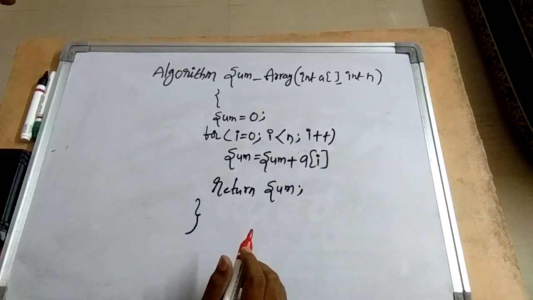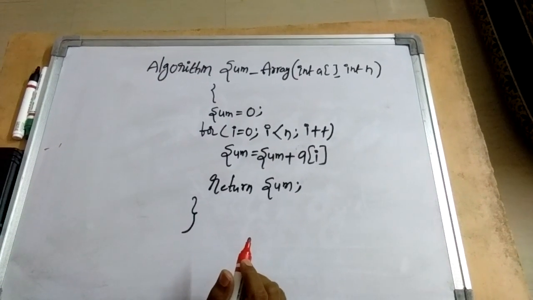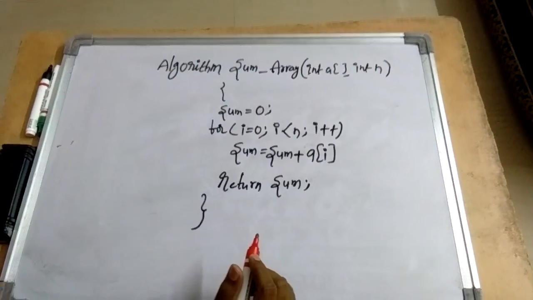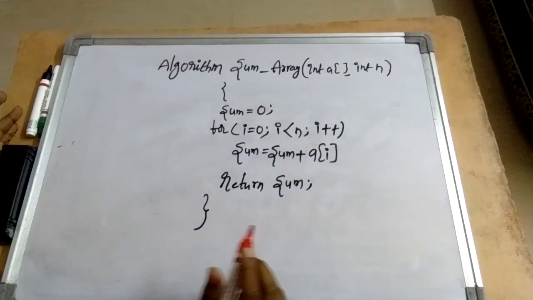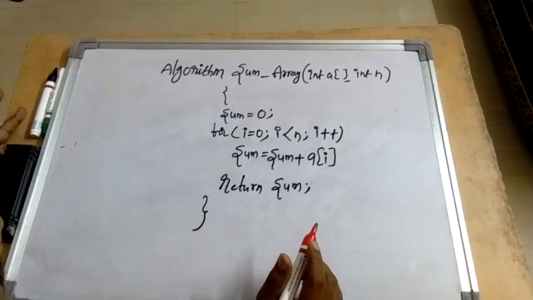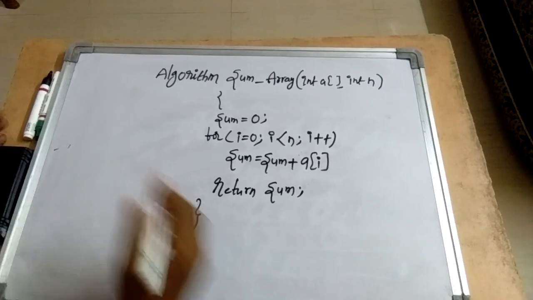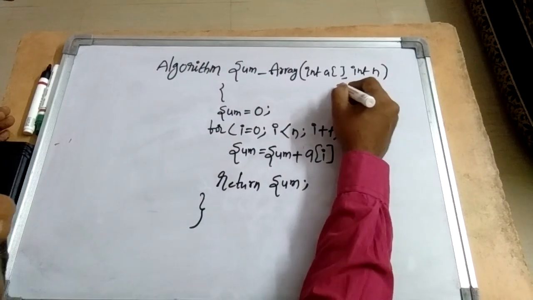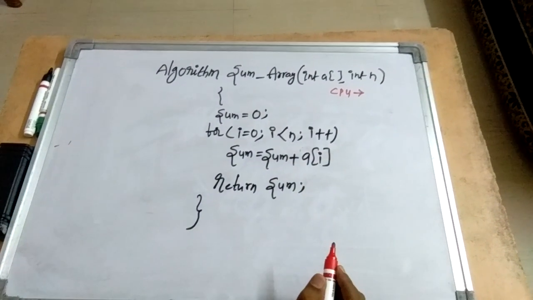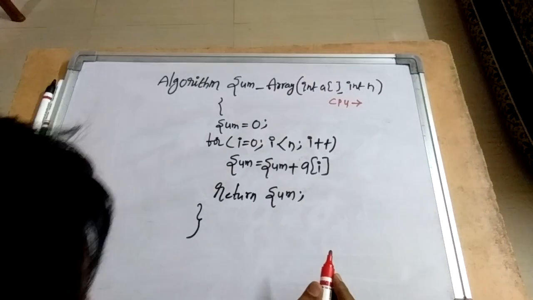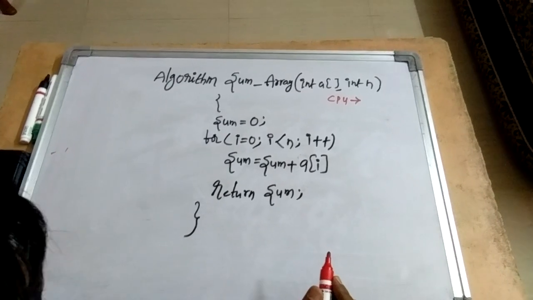So I can say it is the time complexity. When I say time complexity, remember it is the runtime taken by the program. So we don't want to consider the compilation time. In fact, we want this derivation of time complexity to depend only on the input value, the input size. So when you evaluate the time complexity, remember that the CPU time is what we would like to calculate.